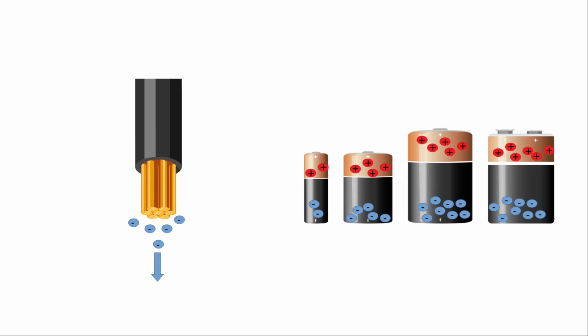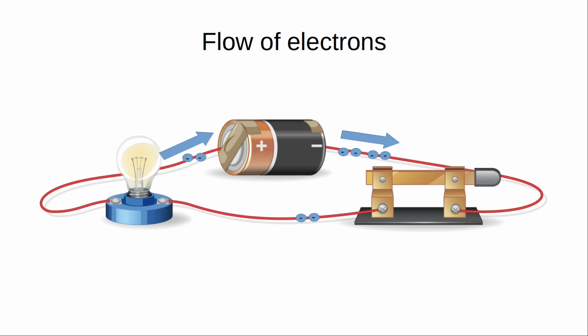Batteries are positively charged on one side, where we have an electron deficit. On the other side, they are negatively charged, where we have an electron surplus. If we would connect our wire to the batteries, the negatively charged electrons would move to the positively charged side of the battery until the battery is empty and does not have any negative charges left. We have successfully built an electric circuit.